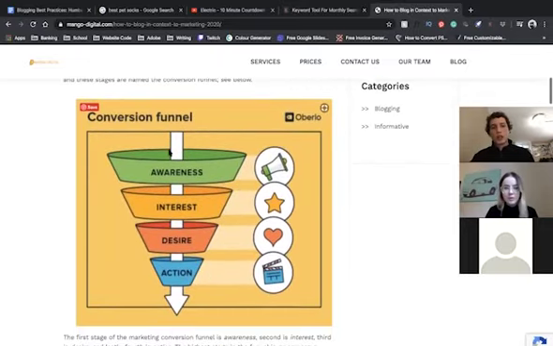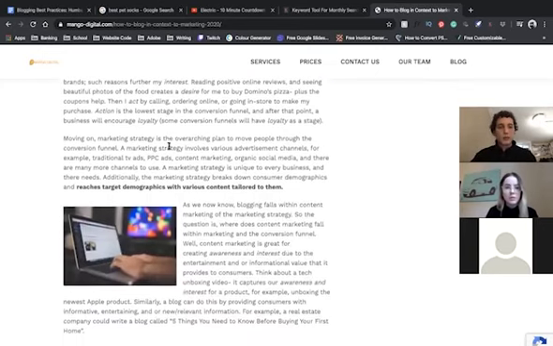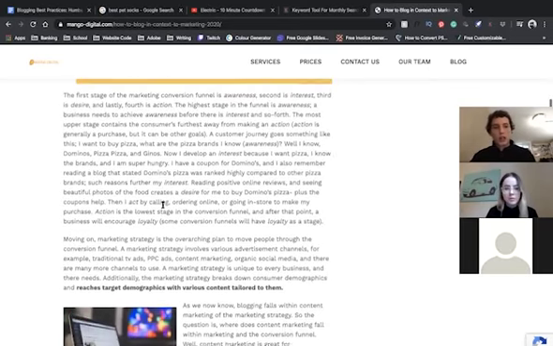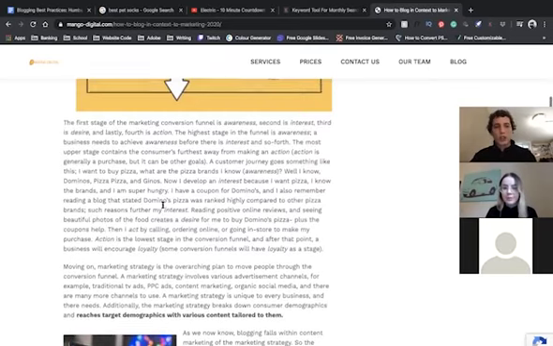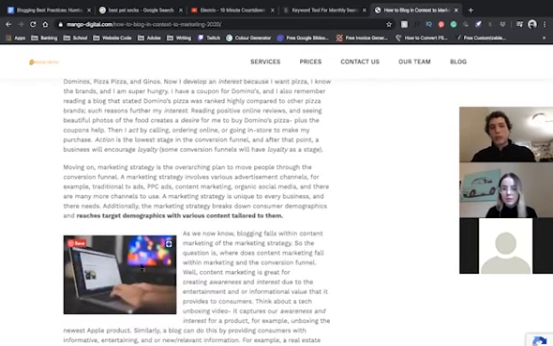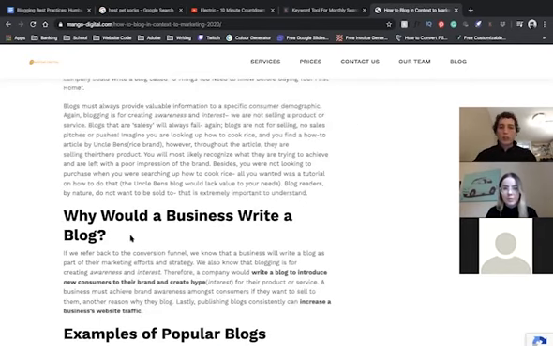Again, the images are there right off the bat. It's splitting up the text nicely. More images I could even add. I could even structure this a little better because this is so much text right here. I could probably make this image a little bigger, and the subheadings are very clear. So now we're getting into why would a business write a blog, and